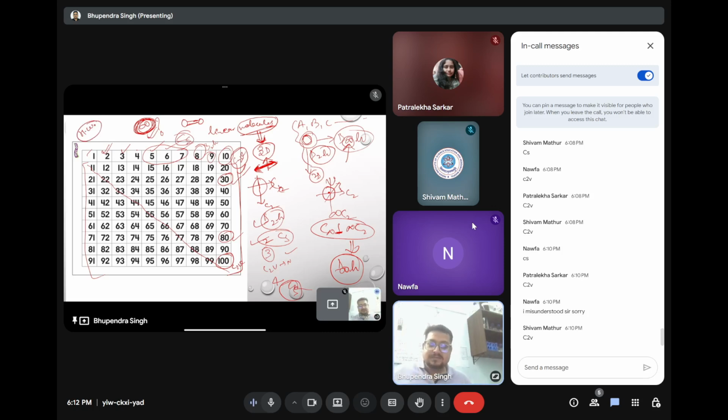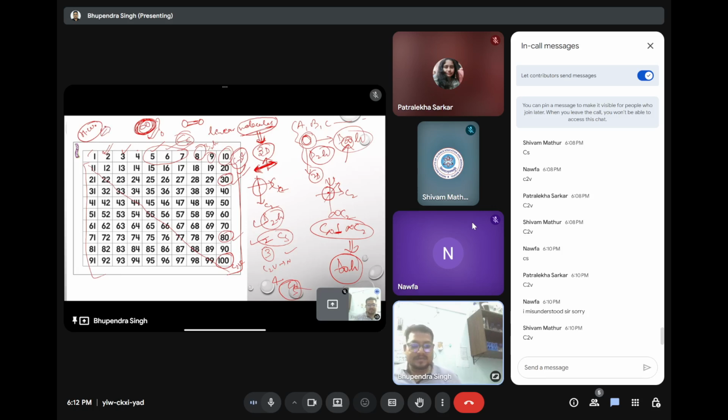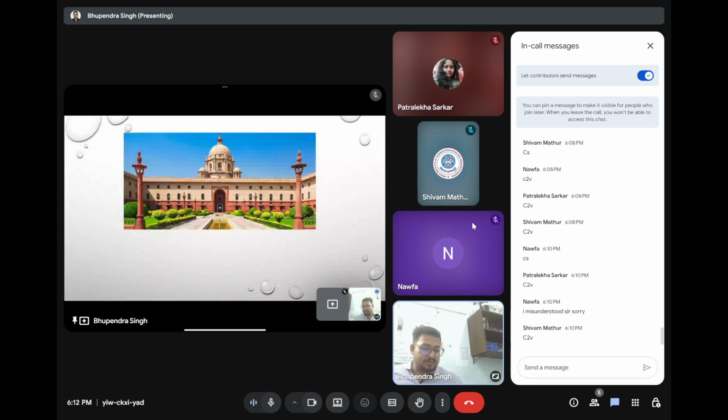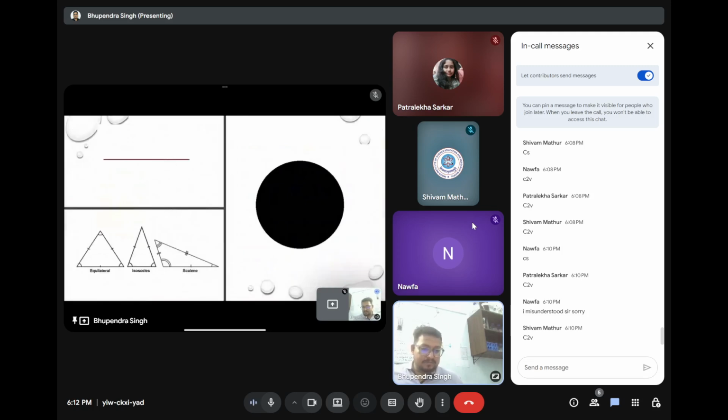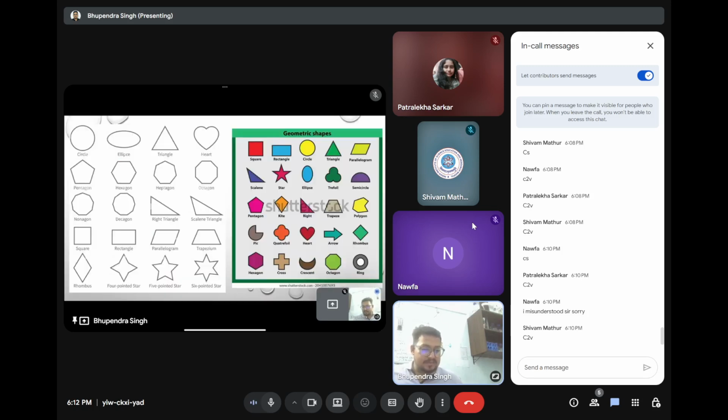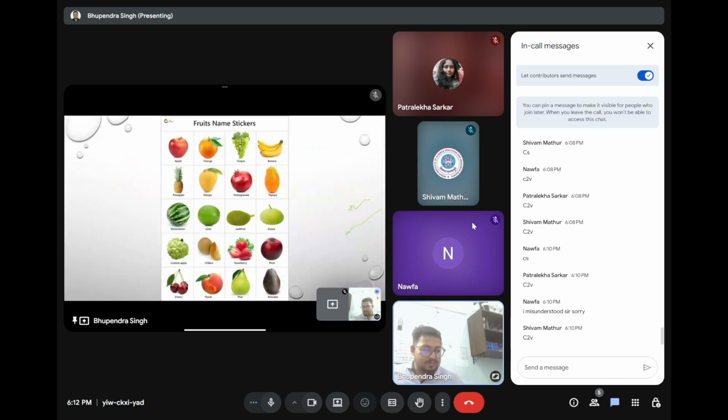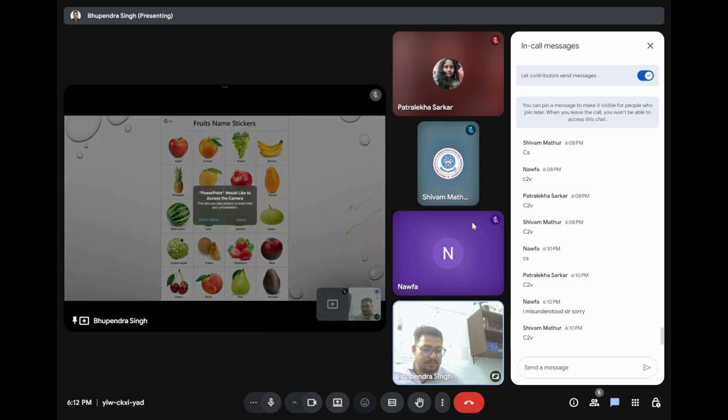Nafa, Patlekha and Shivam, please join next Sunday at 4 p.m. This is your homework, so you need to tell me in the next class what the point group of these numbers was. In this class I wanted to solve these examples, but because of the time I was not able to. So in the next class we will solve these examples,